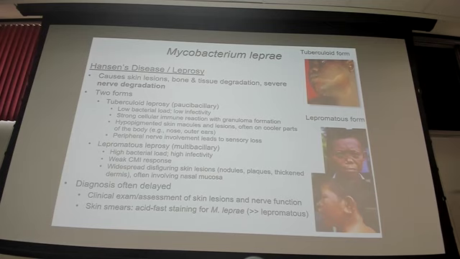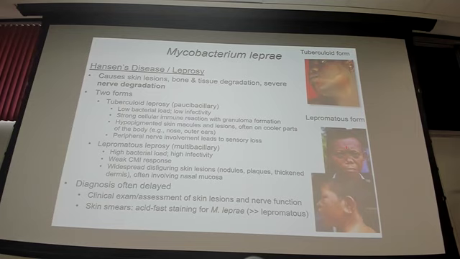Peripheral nerve involvement leads to sensory loss, so sometimes patients will get a tingling sensation in their hands and other extremities. With the lepromatous form, you have a higher bacterial load, a worse CMI response, a more sluggish CMI response. And because of that, you get some of these more severe symptoms. Widespread disfiguring skin lesions, these nodules, plaques, epidermis.